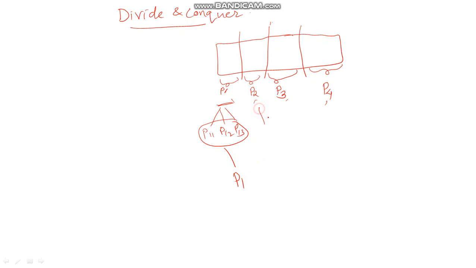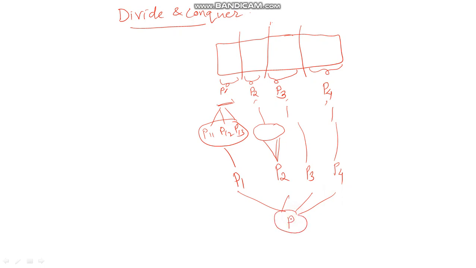And similarly for these 3 subproblems also, if needed, we can divide them. We can go on dividing them for n number of times until we get that the problem is solvable, and then whatever the solvable problems will be there, they will be solved and they will be combined together to get the solution of these 4 subproblems, let us say in this case. So finally what we do is we combine the solution of these 4 subproblems to get the solution of the complete problem. So this is the divide and conquer methodology, wherein the given problem is first divided into smaller subproblems.